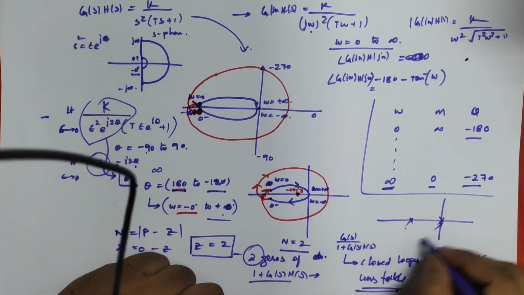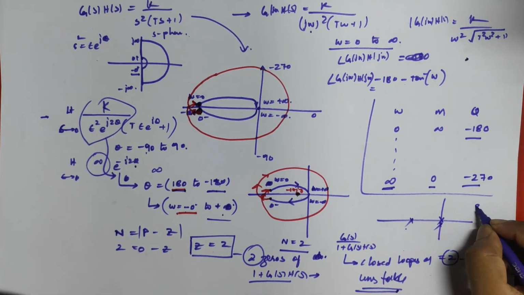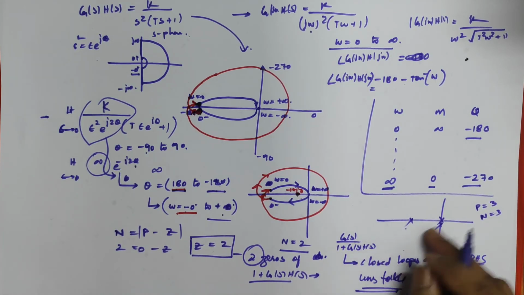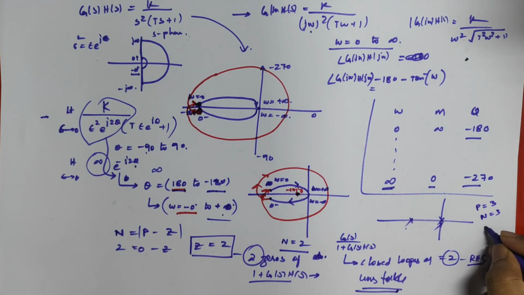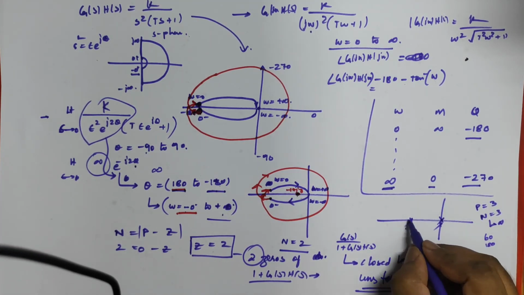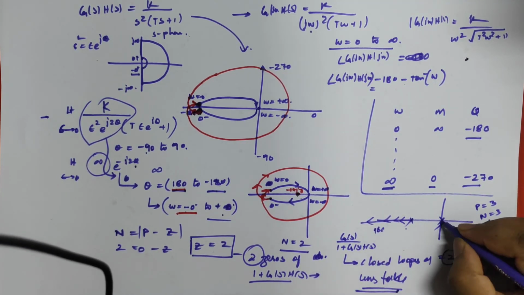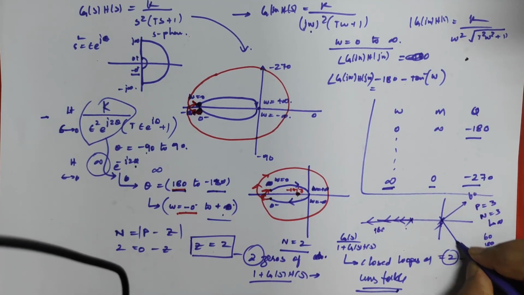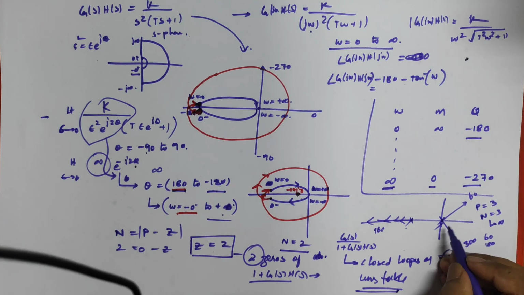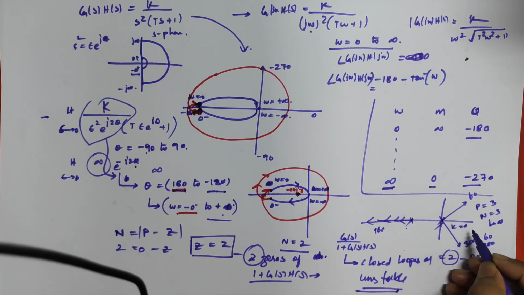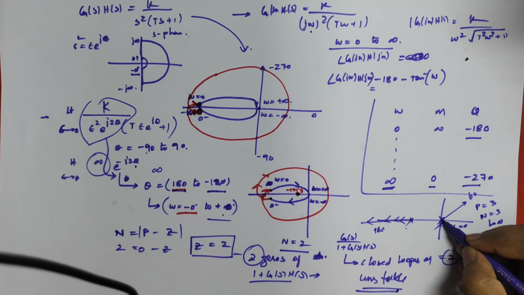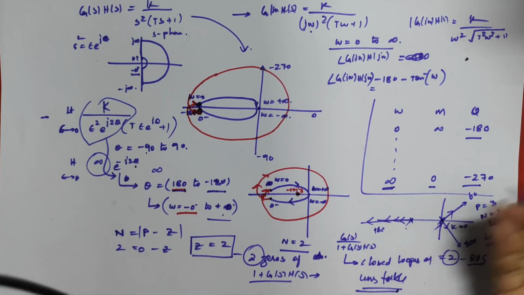For this, how many branches will I get? The number of branches equals the number of poles, which is 3. Since there are no zeros, all branches will tend to infinity, with asymptote angles of 60, 180, and 300 degrees. At k equal to 0, one branch starts its journey in the left half, tending to infinity at 180 degrees. From here to here, it tends to 60 degrees. From here to here, it is 300 degrees. That means right from k equal to 0, my root locus goes straight away to the right side. Going straight to the right side means the system is unstable.